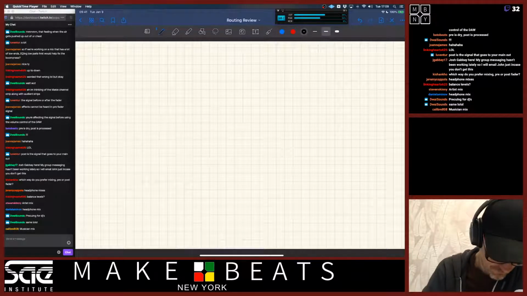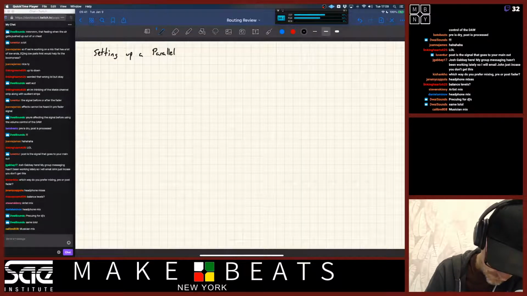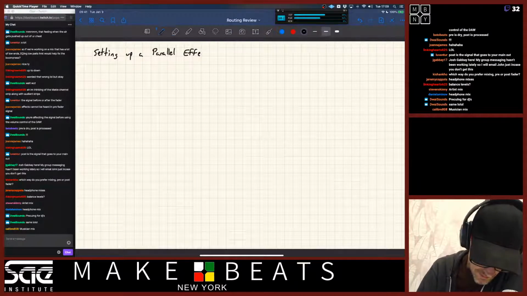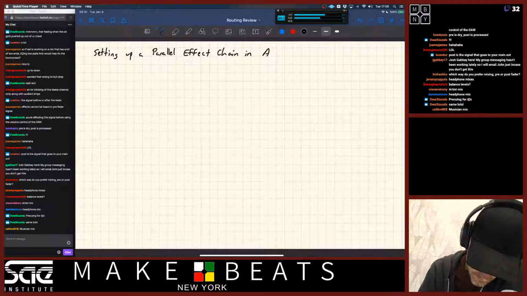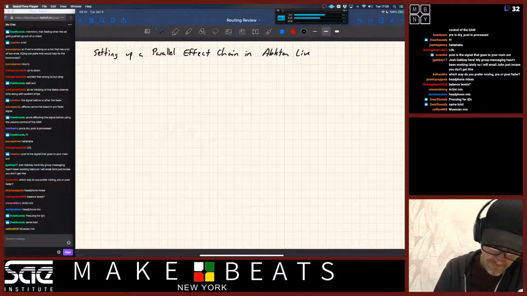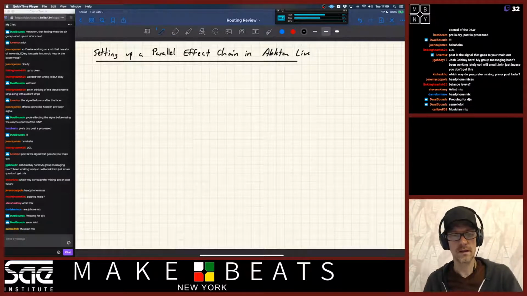So here we go: setting up a parallel effect chain in Ableton Live. Okay, so what we're going to need to do is